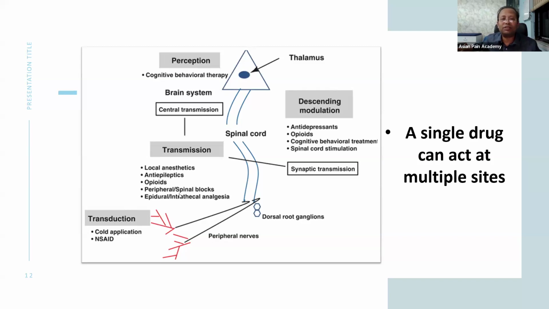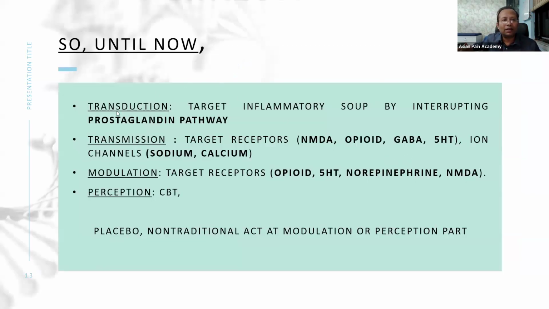Here, different models of treatment, different treatments are given targeting different parts of the pain pathway. Remember one thing: one drug can act at 2-3 areas of the pain pathway. It is not that a single drug will have an effect at only one site. Okay. So until now, what we have understood is that the transduction area mainly targets the prostaglandin pathway, mainly by steroid and